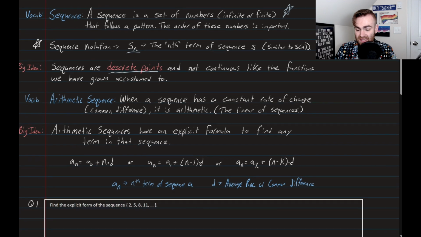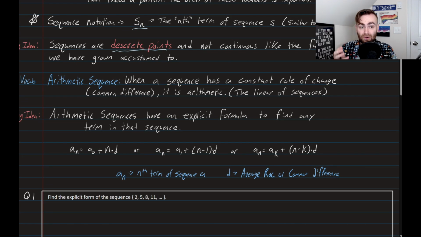So arithmetic sequences have an explicit form, and there are a few different ways to describe it. So you have what is referred to as the zeroth term explicit form. So if you have the zeroth term of a sequence, I'll tell you now, you very rarely ever have a zeroth term of a sequence, especially if it's defined as a list of numbers. You're always going to start at the first term. The only time where you might have a zeroth term is if it's defined graphically or numerically, but never as a list of numbers. So more commonly, you're going to see either the first term, so we'll call this the first term